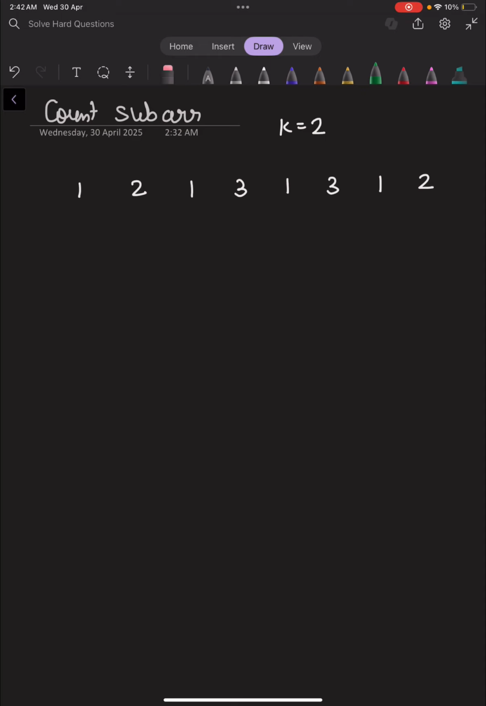To solve this problem, we will be using sliding window approach. For example, here we are taking i and j. So j will be moving until we find the maximum element, which is 3, to be appearing at least k times. So it will stop right here because maximum element 3 is appearing at least 2 times. So logically we can say that from i till this point is one subarray,